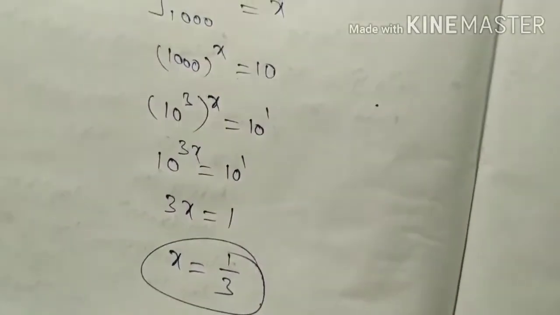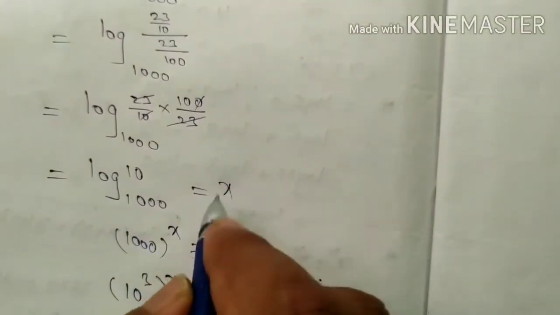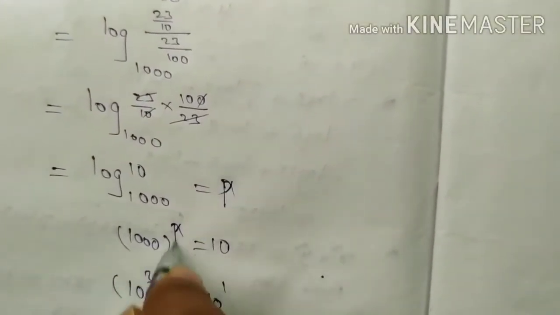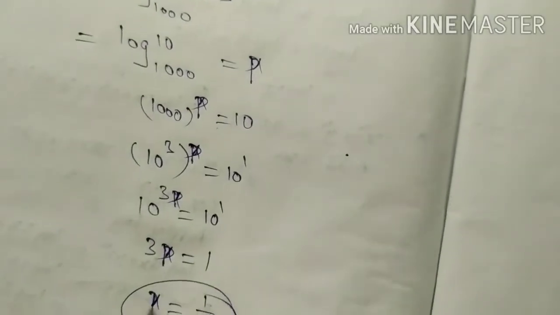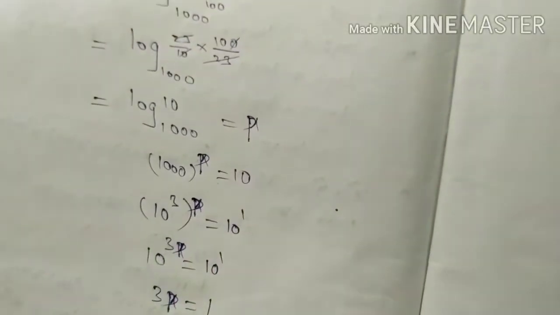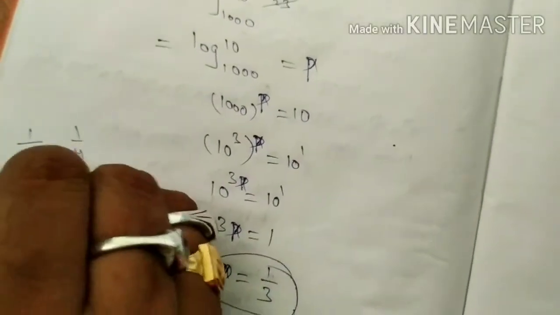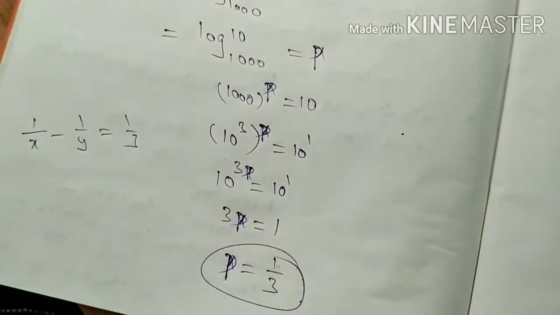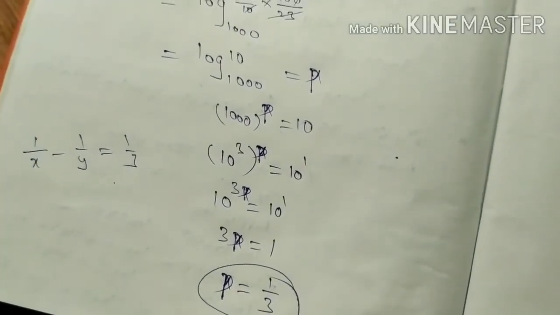So already xy is there now. That's why you can take not only x, some k or p. Here, power p, you will get not only x. If you get confused, then you can take p. Don't worry. Otherwise, before x there is no x, you can also take. So finally, 1 by x minus 1 by y value, what did you get? 1 by 3. Here 1000, so 3 zeros, 1 by 3. For suppose 4 zeros, 1 by 4 you will get. So this is the question.